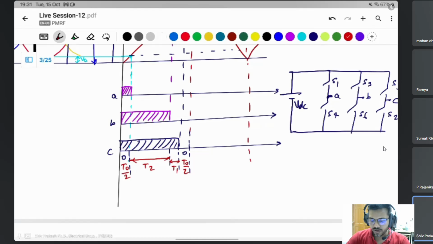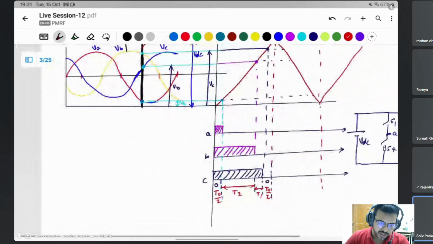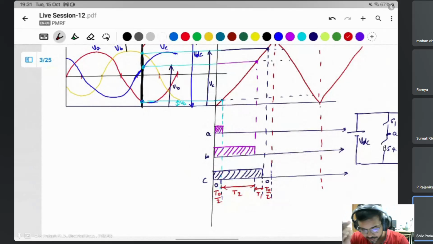You can turn the switches on and off like that. Then how do we generate the time periods TA, TB, TC? Same thing. This will be for TA, this will be TB, this will be TC. Then how will we generate this one? It is a simple logic of